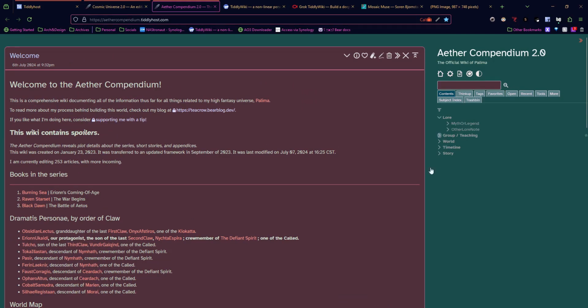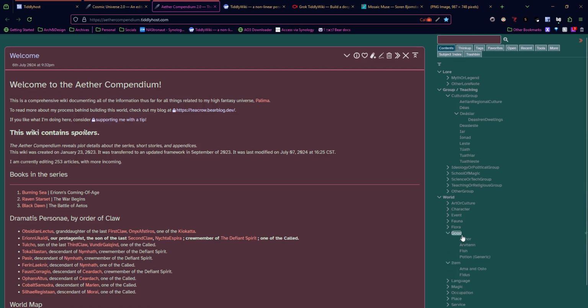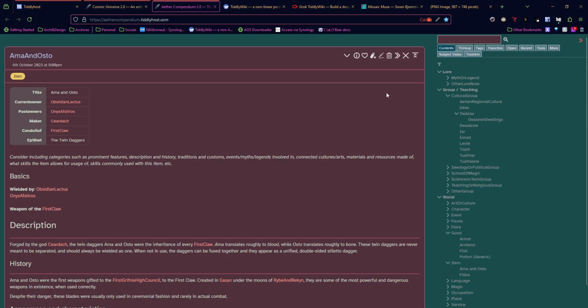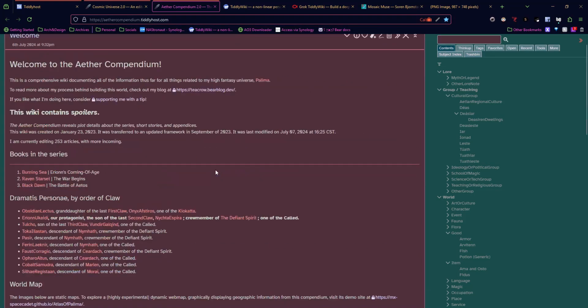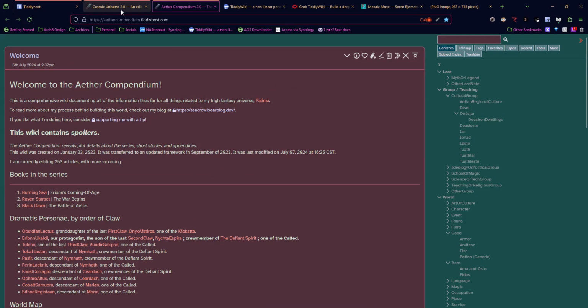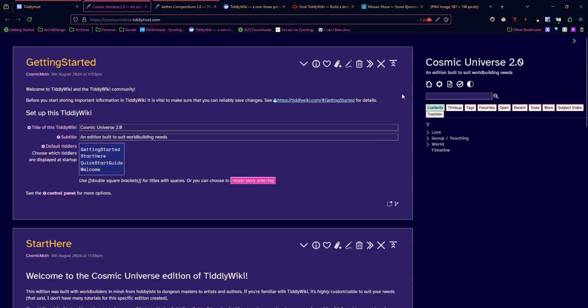You can explore how I've used this framework to set things up, so if there's a section that doesn't make sense to you, you can come in and be like, oh, okay, so item is different from good because goods refer to a generic thing and items refer to specific pieces that are important in the world, or whatever that may be that you're confused about. You can come see a demo of the Cosmic Universe in action at aethercompendium.tiddlyhost.com. Alright,